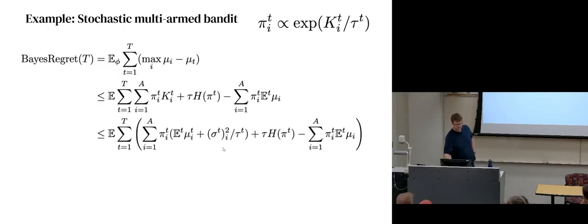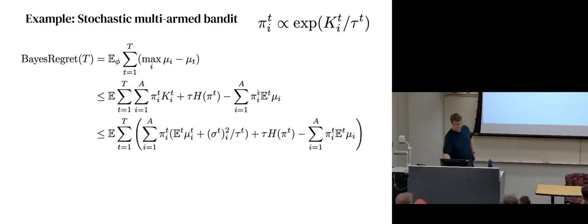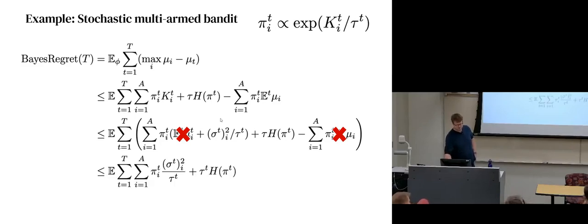So that's what I'm going to do, plug in that pi. So I get the average utility plus tau times the entropy minus my expected reward based on the policy I'm pulling. Then this utility is, I'm assuming, sub-Gaussian, so I just upper bound that with the normal sub-Gaussian quantities, which is to replace it with the mean plus something that depends on the epistemic uncertainty of each arm. And then notice these two terms cancel, and all I'm left with is two terms,